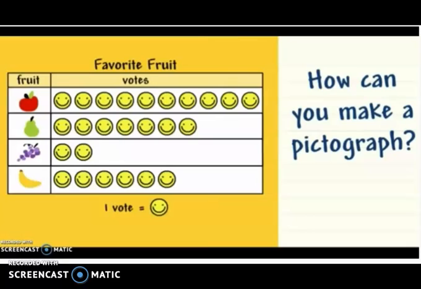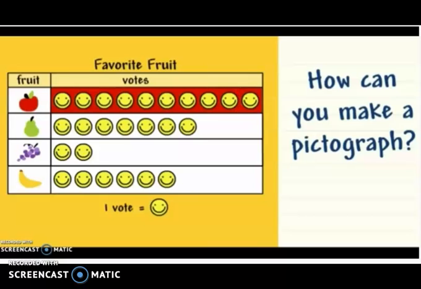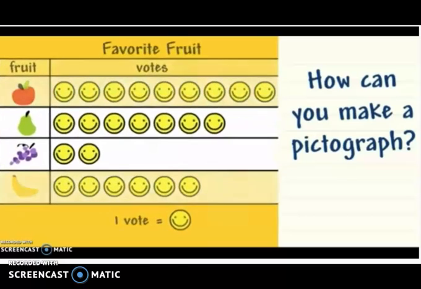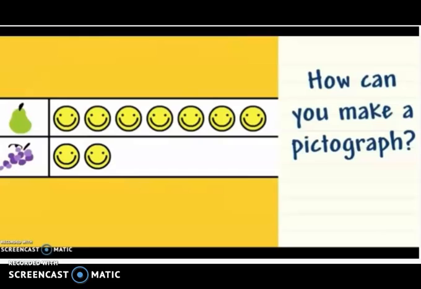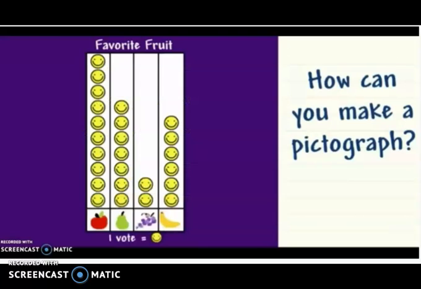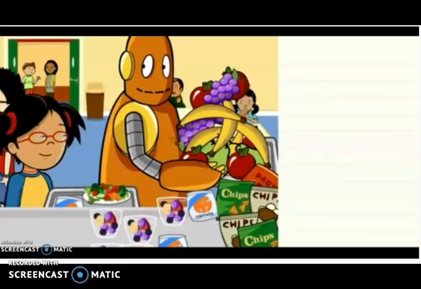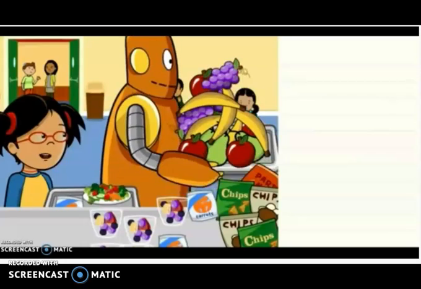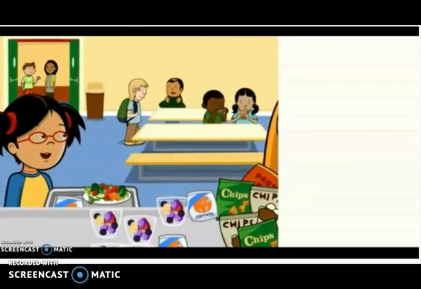Which fruit got the most votes? Apple. How many more votes did pears get than grapes? 5 more people voted for pears than grapes. You can also show the same information in a different way. Whoa, Moby, that's a lot of fruit. Are you going to share